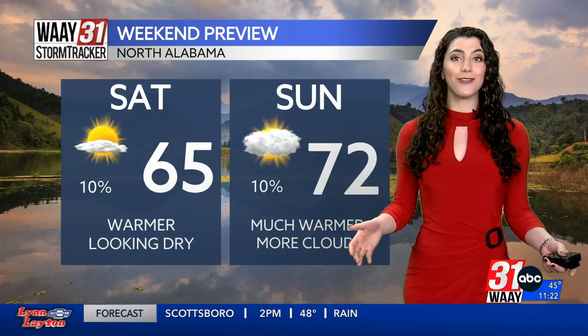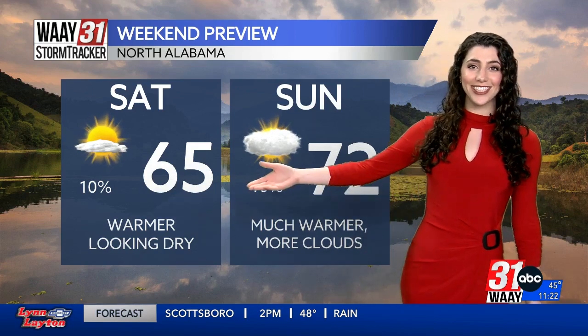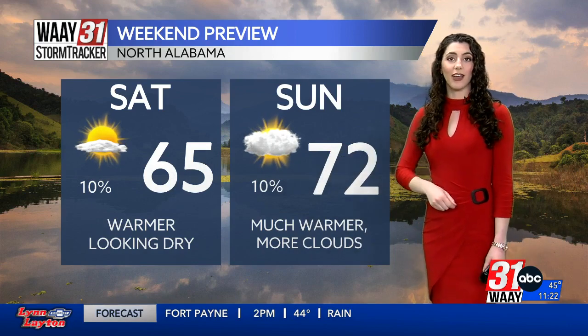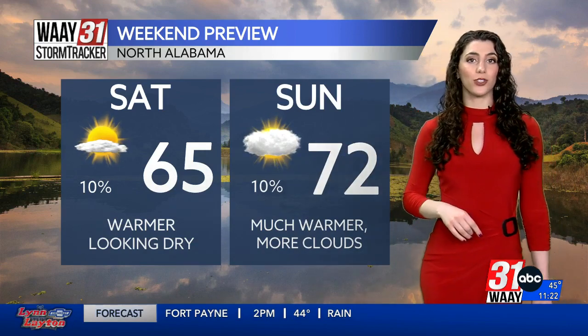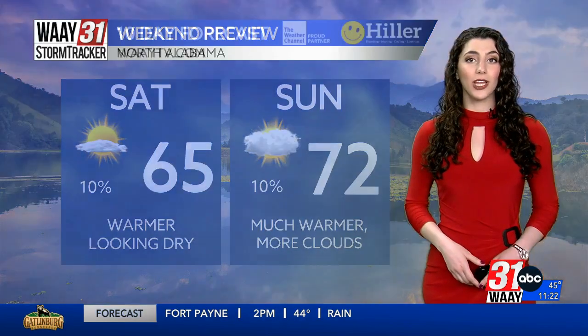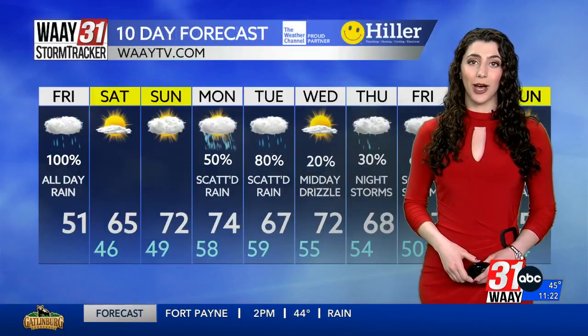The good news is we only have one day of having to handle this weather. Saturday and Sunday are lovely. Saturday's the sunnier of the 2 days. Our temperature is 65, then 72 for your high temperature on Sunday. Now, even though Sunday will be cloudy, I recommend spending as much time outside this weekend as humanly possible, because